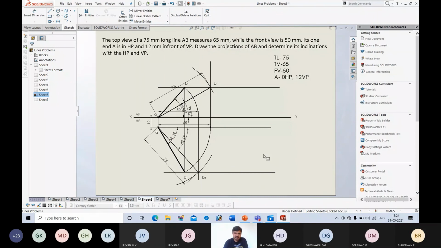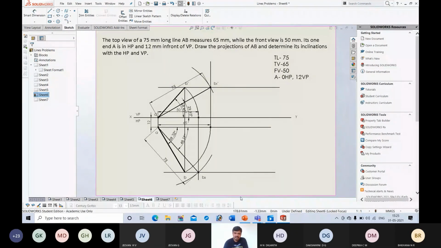So here, after solving this problem, what you can understand is, I shared a video. In that video, what you can understand is, if you want to get true length of a line, we should rotate a line and we should make it parallel. Then only we are able to get that true length. So that was the concept which I tried to communicate using that video.